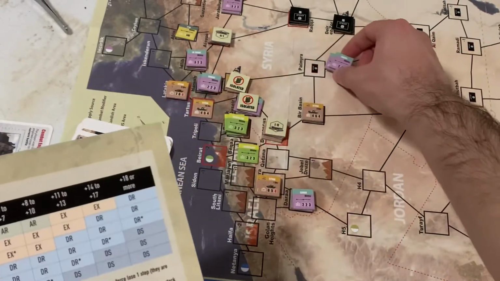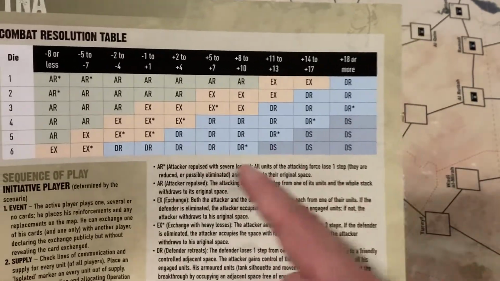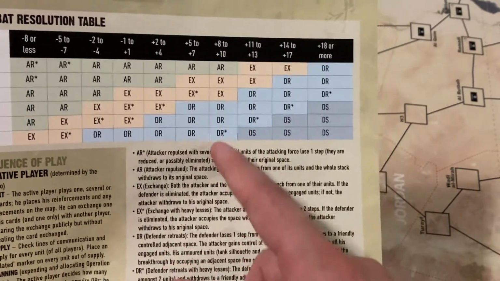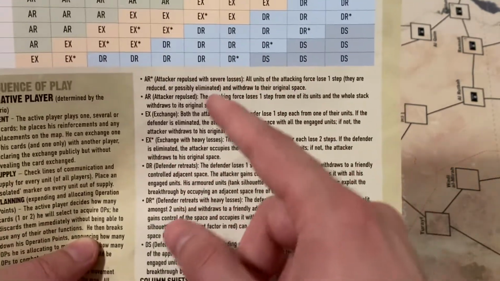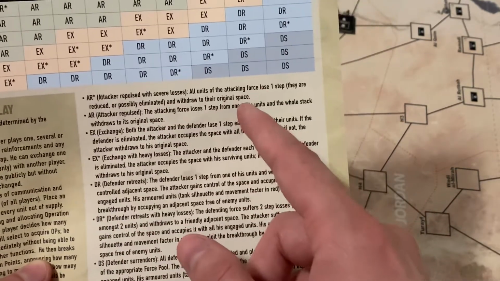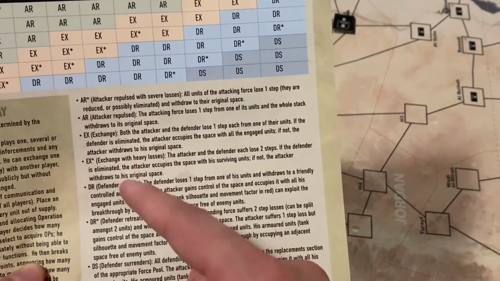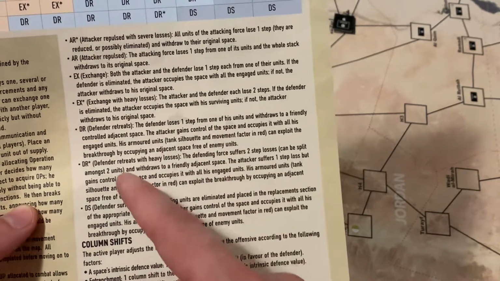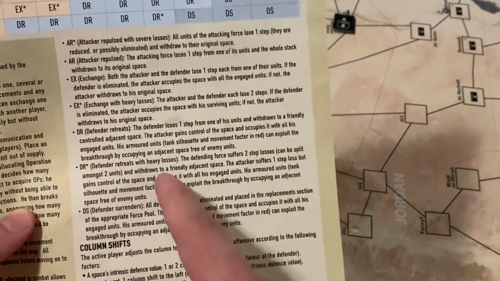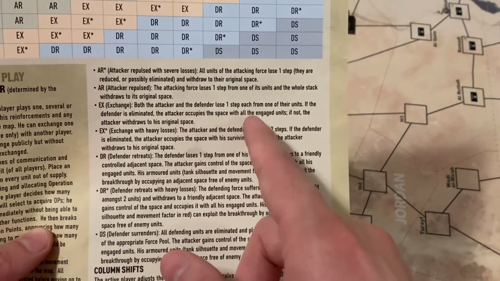There's no shift in the open desert for terrain, so we don't have to worry about that. And we would just potentially get something there. So we have a 50% chance of getting a defender retreat. We might also get an attacker retreat, or repulsed rather. Attacker repulse. We lose a step and withdraw. DR, defender retreats with heavy losses, or excuse me, defender retreats 1 step. The one with the star is heavy losses, and then exchange. Both sides lose a step,